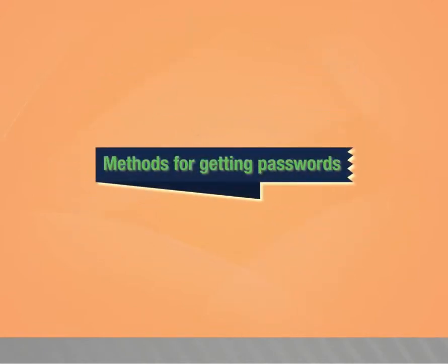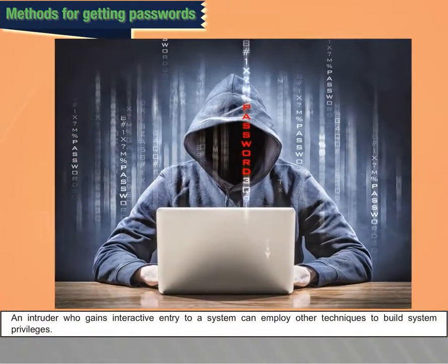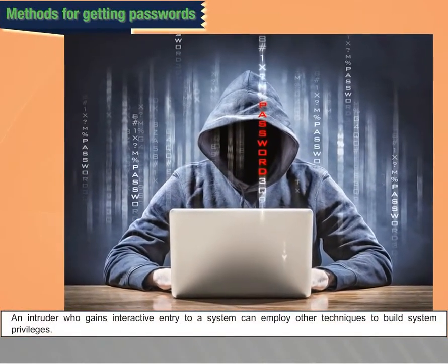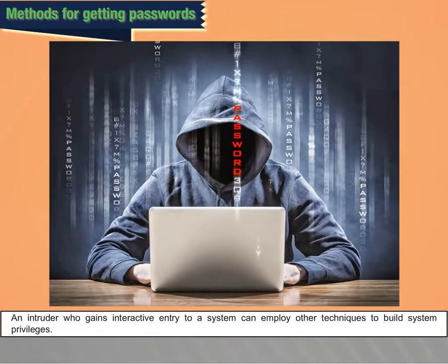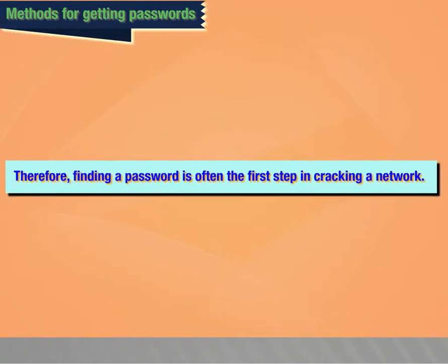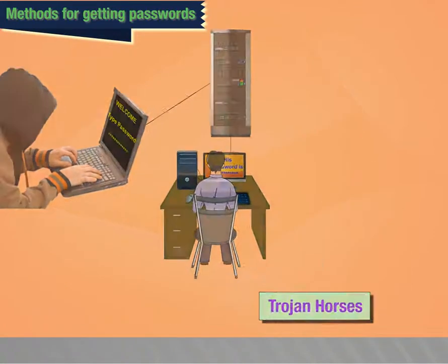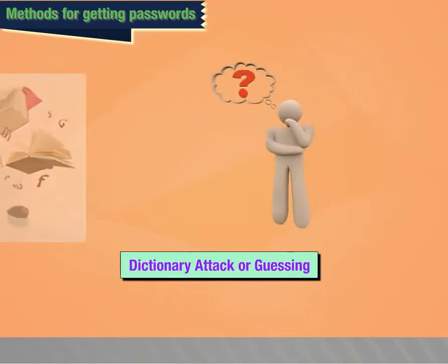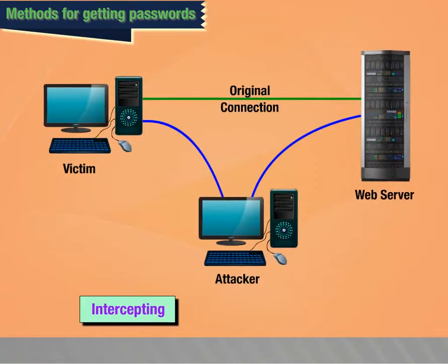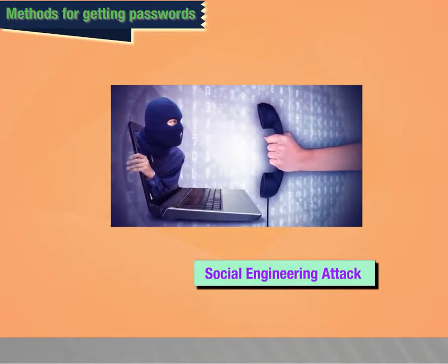Methods for getting passwords. An intruder who gains interactive entry to a system can employ other techniques to build system privileges. Therefore, finding a password is often the first step in cracking a network. Some common password attack methods include Trojan horses, dictionary attack or guessing, intercepting, social engineering attack,